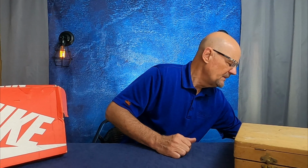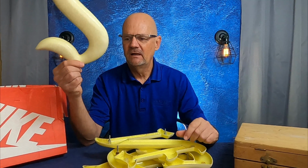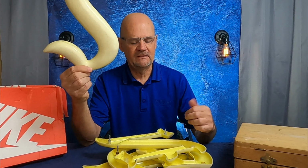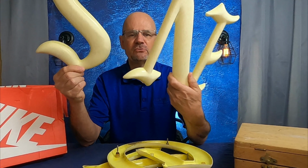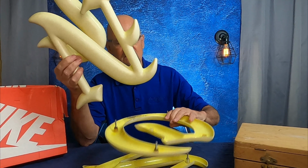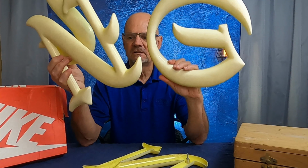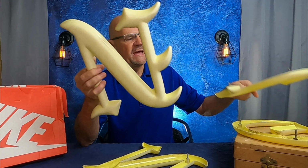All right, next up, let me just pull some of these out of here. I bought a whole box of these. A lady had a store, and these were the letters that she had on her building. I thought they were different. I mean, they're vintage, they're plastic. I don't know if these are called channel letters or what, but they go on a sign, and I think I got 15 of these. I paid $5 for the whole lot, and I am going to ask